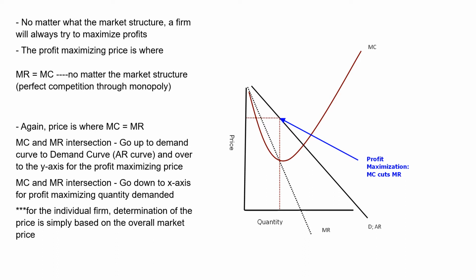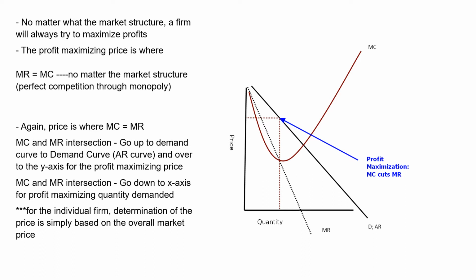Again, no matter what the market structure, that point is where we go to determine our pricing. The way we arrive at that profit maximizing price is to where marginal revenue and marginal cost cross, and you go up to the average revenue curve and then over to the price line. And the profit maximizing quantity is, starting from where marginal revenue cuts marginal cost, you drop that from that point down to the quantity axis, or the x-axis, the horizontal axis, okay?